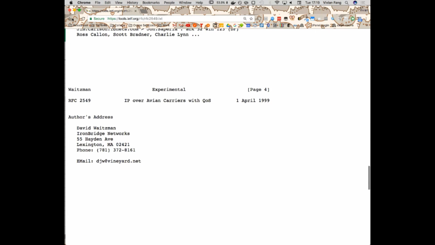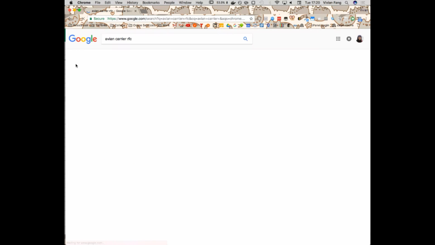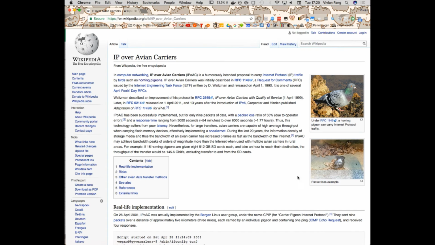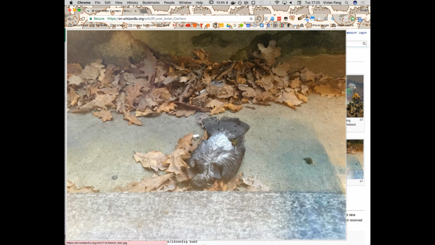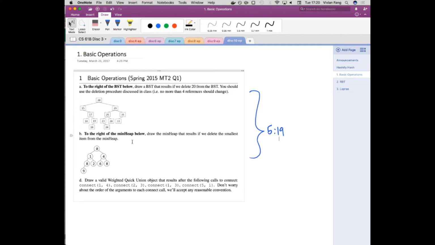But the cool thing is that I thought it was funny because it's so dumb, but there's this one picture that's a packet loss example. It's a dead pigeon. Okay, all right, back to the worksheet. So take 168 if you want to know more about networking protocols. Why is this relevant? Because you guys will do graphs eventually, and you'll see that the internet is actually just a huge graph problem that people are still solving.